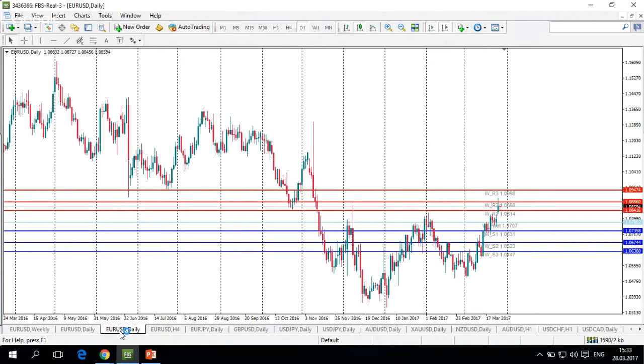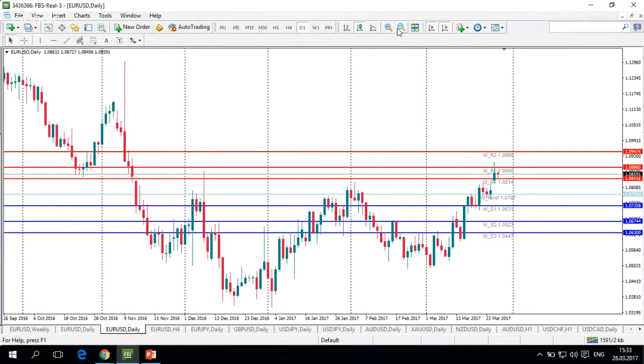Also, I usually use this weekly pivot indicator. Every week we have to renew these levels the indicator gives us, and it's a good way to judge where the market is situated at the moment. You can see that the light blue line is located at 107.80. This is the weekly pivot point, and as long as euro dollar is trading above this line,